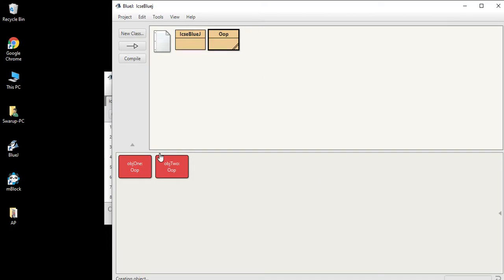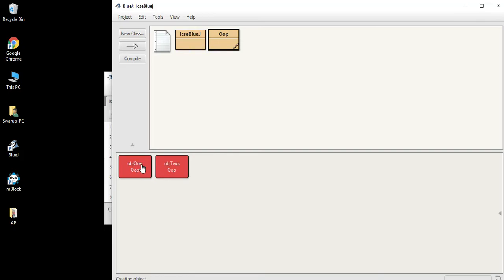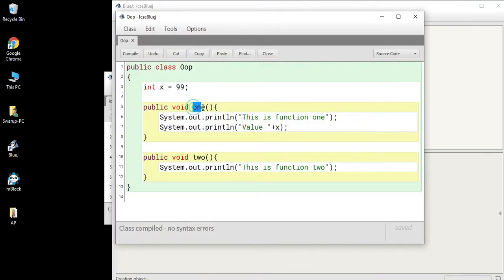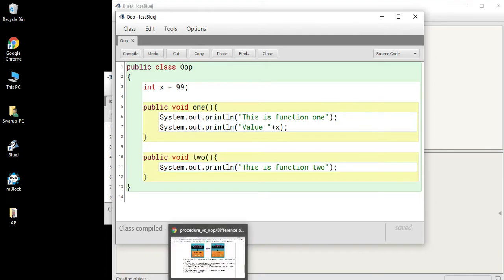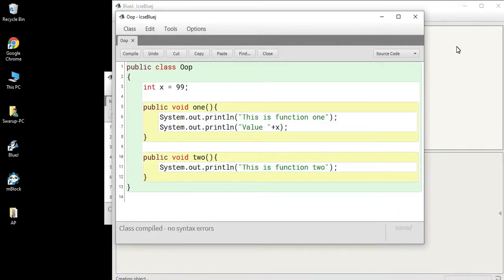Now what are these objects made up of, what is this object going to have? The object is going to have a state and a behavior. That's what will be helpful to perform the operation. So if you come back to the code which I have written, see, if you access function 1, it will be printing this following statement. This is a line that will print something on the screen. Don't worry about this line if you are unable to follow. Just see how the output is coming up. That is what is most important. And we are trying to solve the answer to this particular theory question. That is the basic purpose of this video.